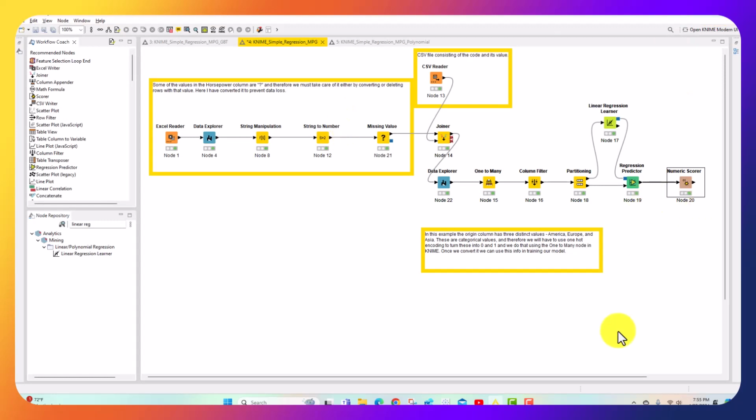So there it is. You have built the model using all the nodes in KNIME without writing a single line of code, and it's pretty intuitive and simple. Hopefully this was a good learning experience,